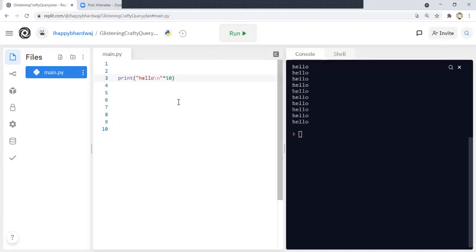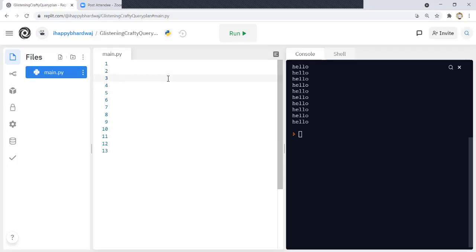But this is not the case for every situation. You cannot find such a solution for integers. Let's say you want to print the integers from 1 to 100. For that purpose we are going to require loops. So we basically have the while loop and the for loop. We will be covering the while and for loop right now.